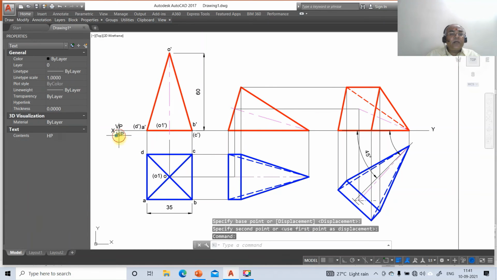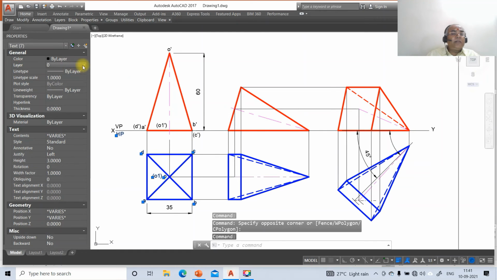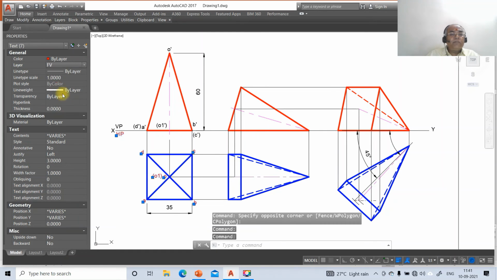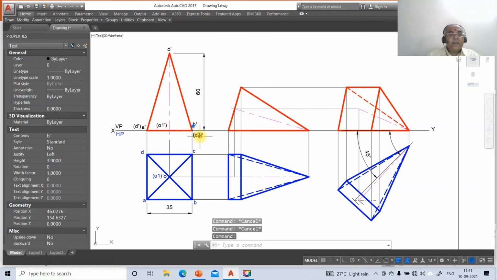Now we just select these points and change it to layer, make it as front view, sorry, top view. Once you do that, you click on this, O1 dash, O dash, D dash, A dash and VP. Go to layer, make that layer as